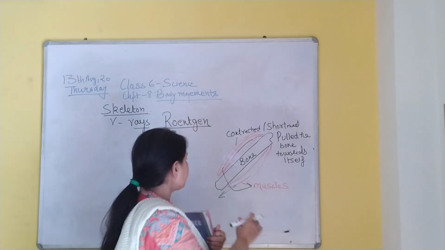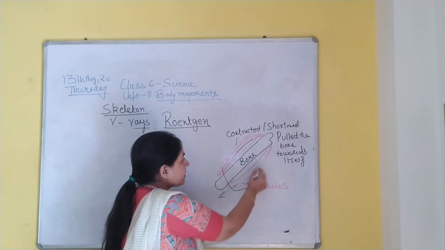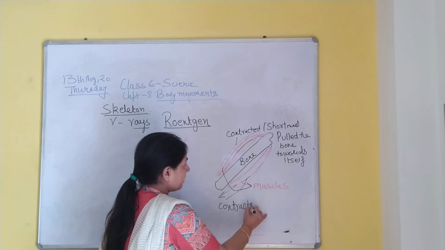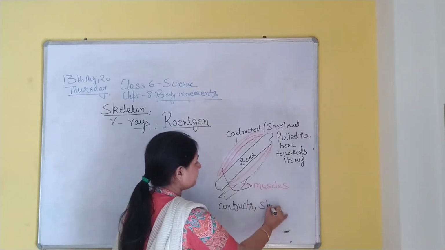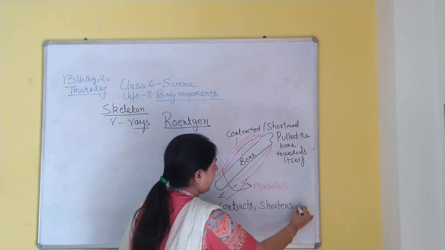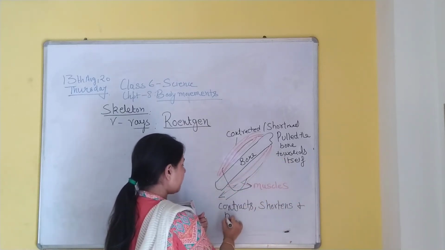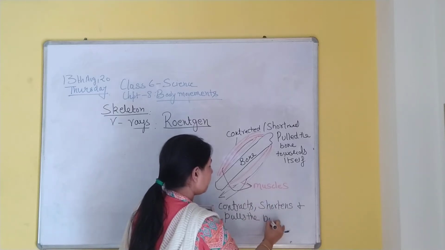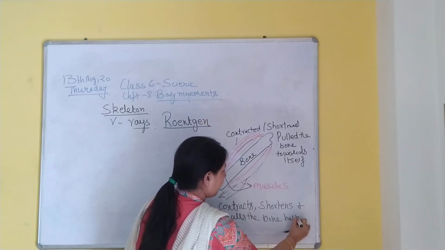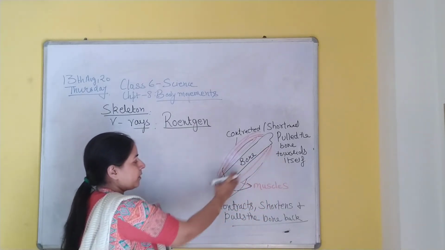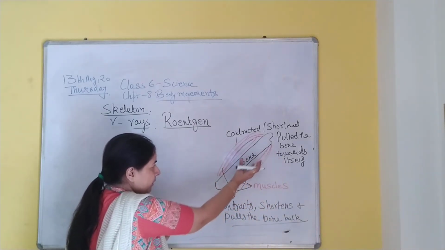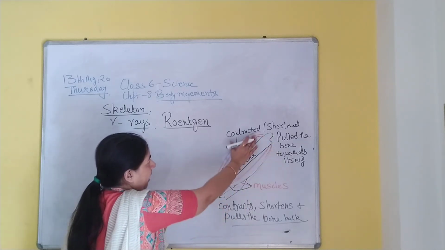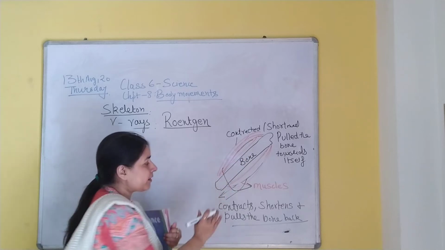Now, then what happens after some time? The other muscle, this muscle contracts, shortens, and it pulls the bone back. It pulls the bone back. अब ये बाद में this will contract और ये जो bone आगे खींच गया होता है उसको वापस लेकर आती है. And meanwhile this upper muscle will relax now.